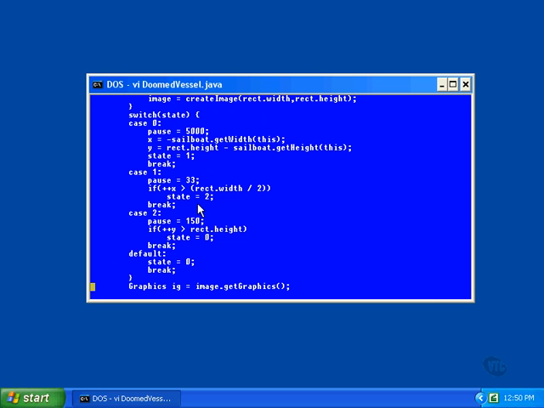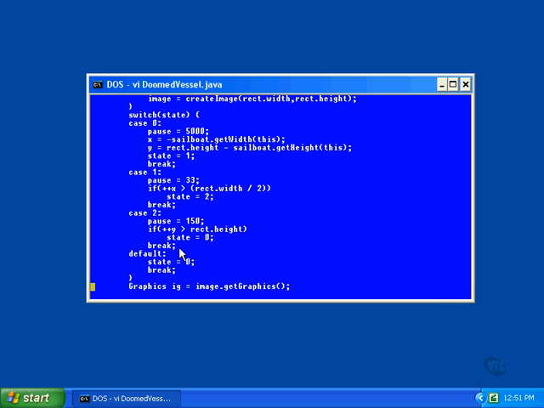In this state, the boat is underway. The pause time is set to 33 milliseconds, which we've seen is a pretty fair animation time, and the location of the sailboat is shifted 1 pixel to the right. This will happen again and again, with the sailboat being drawn in each position until the value of x reaches halfway across the window. Once that happens, the state value is set to 2,